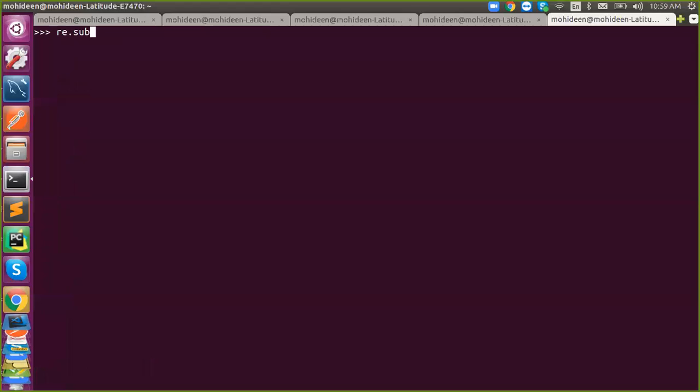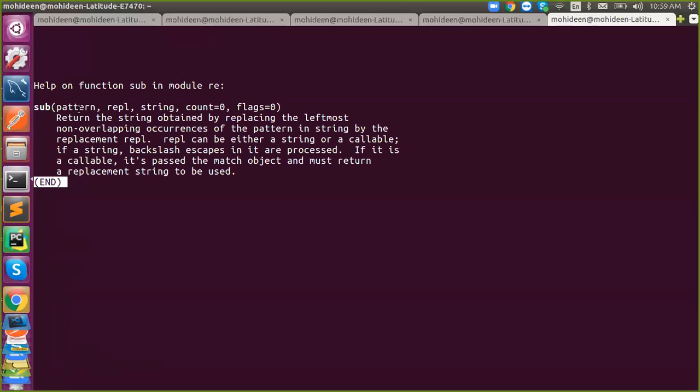re.sub, re.split. What is sub and what is split? Substitute. That is the exact replica of replace. In strings we have seen replace, right? This is the exact replica of replace. So first you need to say the pattern. Next is the replacement string. Then the complete string, the one where you want to replace the substring. This is the pattern, this is the replacement, and this is the complete string. And this is the maximum count, how many you want to replace.